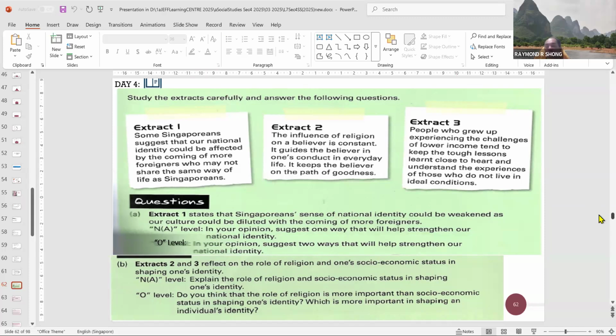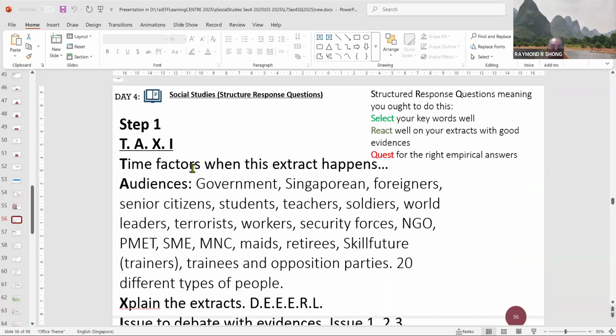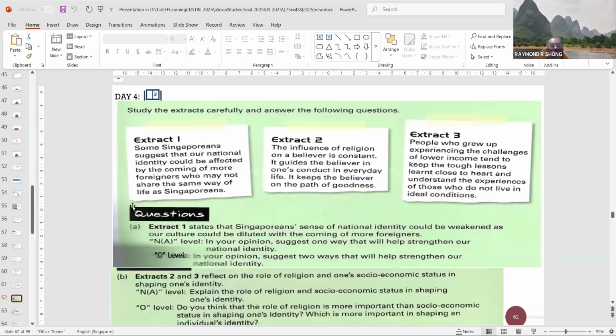Remember, sorry, my dear, you hold on. Okay, this one you must remember. Sorry, I need to go up here. I calculated too fast. So the time factors: when this extract happens, take note. I'm not sure whether your teacher teaches you in essence like that, but from my experience, there is a reason. It's just like you're a lawyer. Can you all please write down? Is it before 2000? That means in 1819.